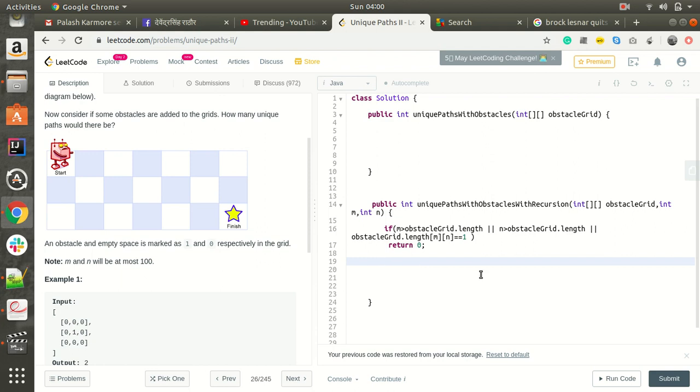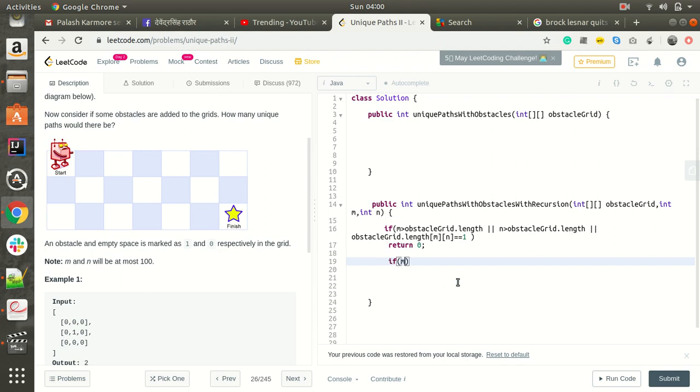So what we will do is we'll return the sum of the paths going downside or going right side, right? So we'll return, yeah, when we say that the robot was able to reach the destination, it will check this condition.